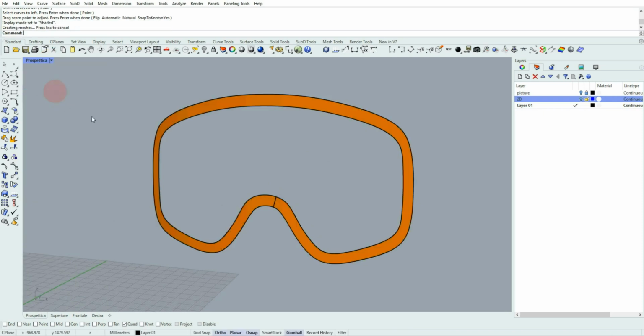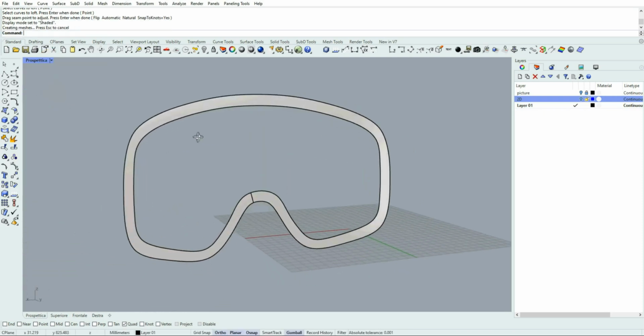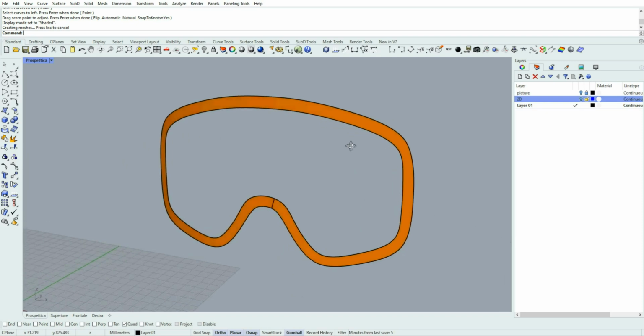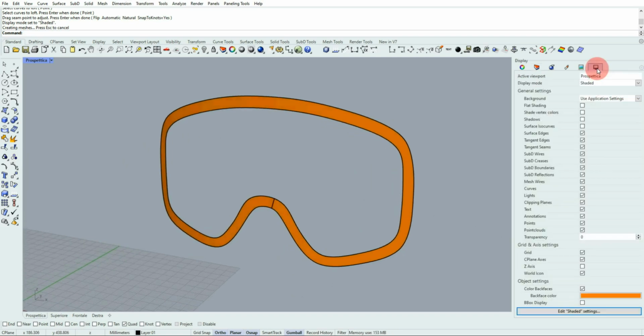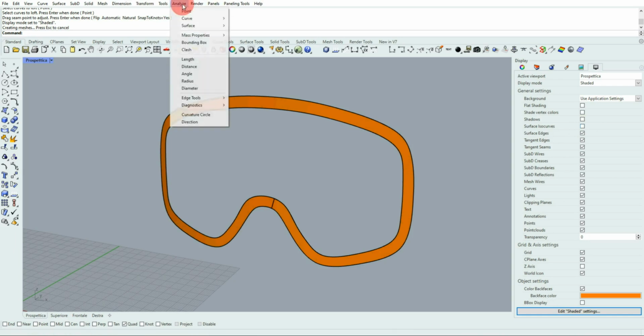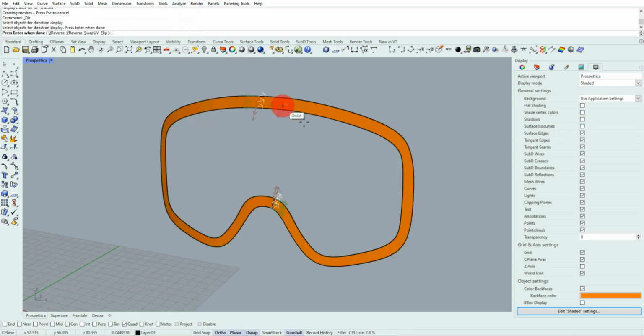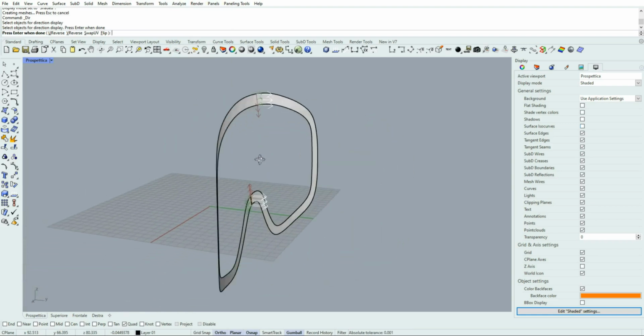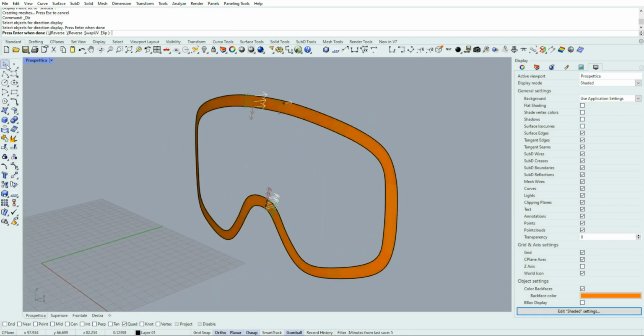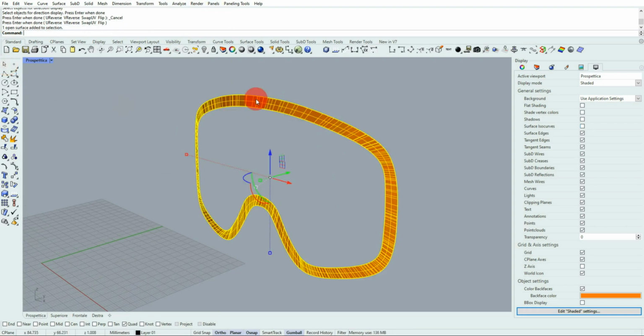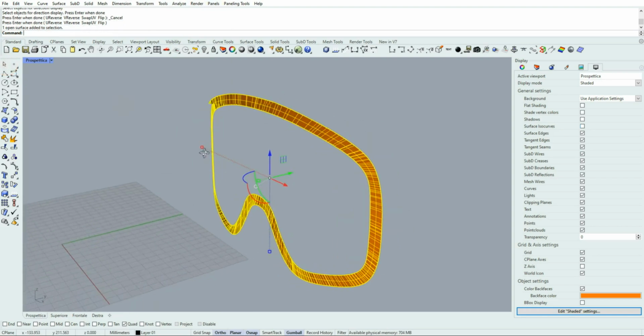Switch to the shaded view, and as you can see, it seems that this object is flipped somehow, but it doesn't matter. If you look at this surface isocurves, I usually turn it off because I don't like to see the isocurve, and back face color is orange in my case. In fact, if you use analyze direction, you can see this is the back of the object. Okay, but it doesn't matter really.